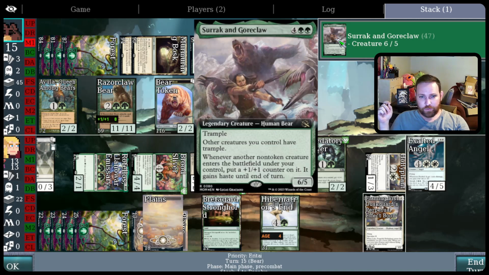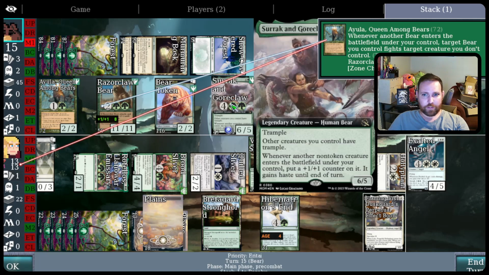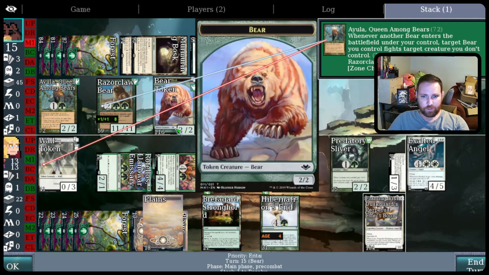Other creatures you control have trample. Whenever another non-token creature enters the battlefield under your control, put a +1/+1 counter on it, and it gains haste until end of turn. Oh, but it is a bear. Oh, and they're actually starting to fight? They're fighting my wall. I'm just gonna... I mean, I don't need my wall, but...